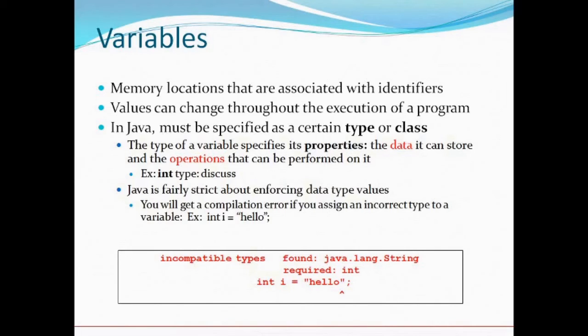A variable expresses itself as containing the data. As in the case of age, we have taken the short data type, it holds a value like 10, and it also has operations that can be performed on it, like all expressions or calculations that can be performed on a numerical data type can be performed on the short integer data type. So whenever we declare a data type, there are two things associated with it. First is the range of values that it can hold, as we have discussed earlier, and the other thing is the number of operations that can be performed on that particular data type variable.